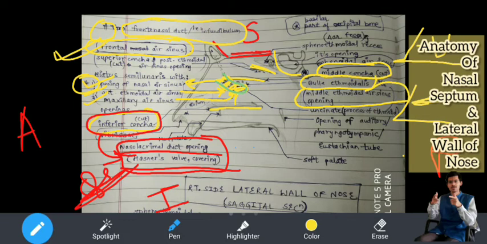वी नो दैट देयर आर 4 पैरानेजल एयर साइनसेस. व्हाट ऑल? फ्रंटल, मैक्सिलरी, इथमोइडल. सी आई विल राइट हियर. यू अंडरस्टैंड. दिस इज फ्रंटल, सेकंड इज मैक्सिलरी. ओके, कमिंग. फ्रंटल, मैक्सिलरी, इथमोइडल. इथमोइडल के तीन रहते, सुपीरियर, मिडल और इंफीरियर, और वन मोर इज स्फिनोइडल. अभी स्फिनोइडल एयर साइनस नहीं.